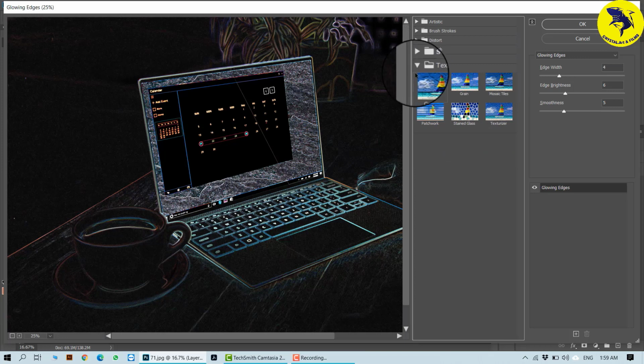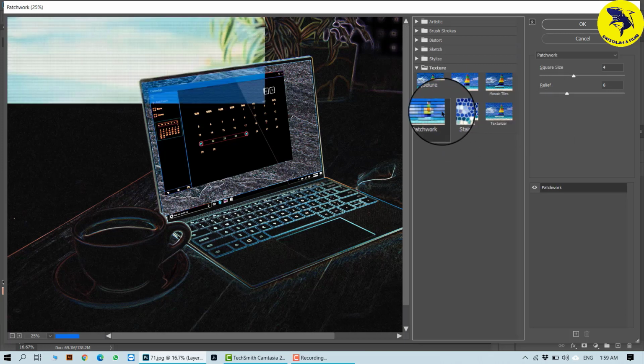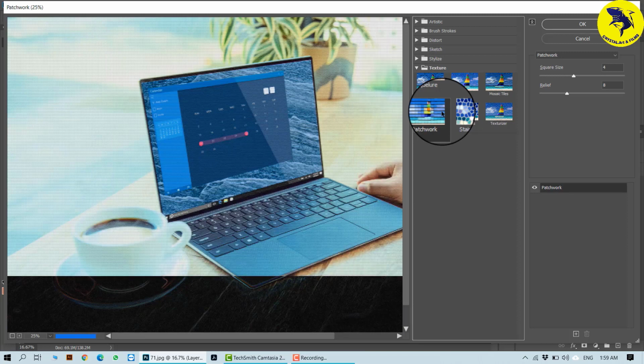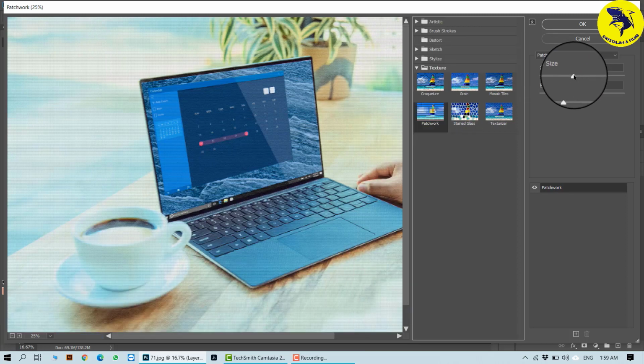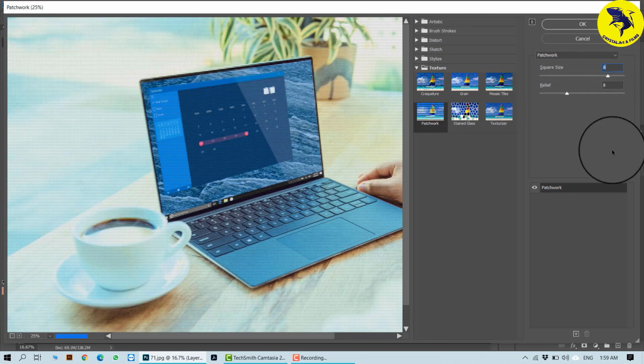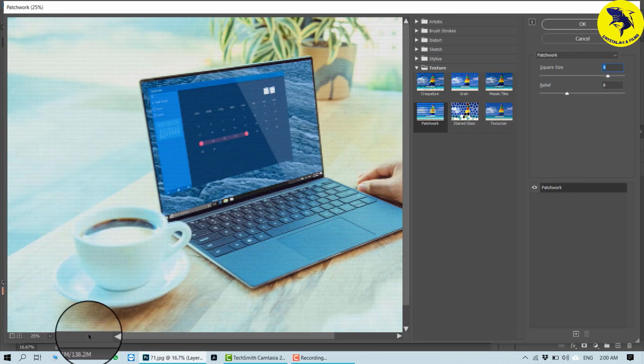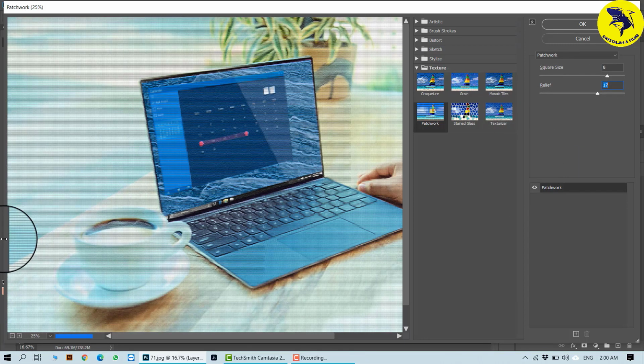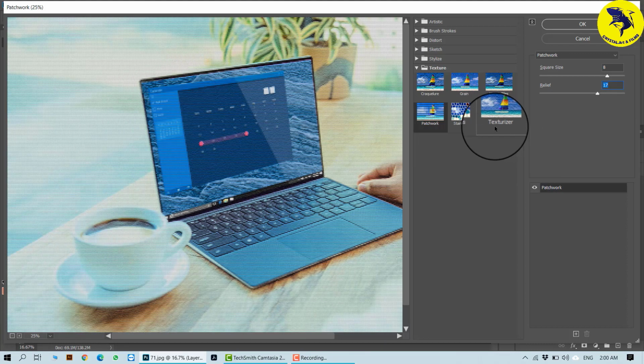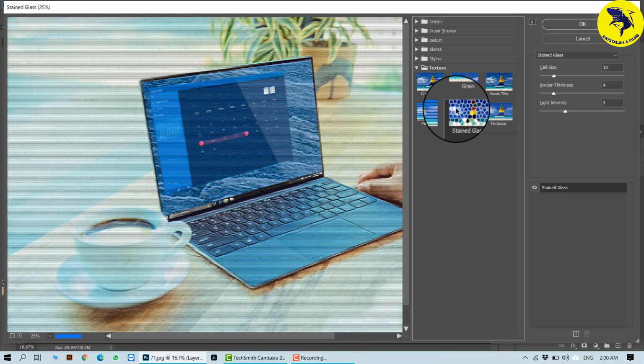So that is your stylize. Next is your texture. Texture is just like, you can go for either a patchwork which behaves like box and box, so the size is very small. Now in case I increase the size, the processing is actually happening below. Okay, now you can go for a relief. If I increase the relief, it will be more convenient to your drawing. Next you can go for the stained glass. It's more like a brick finish. See, it looks something like this.